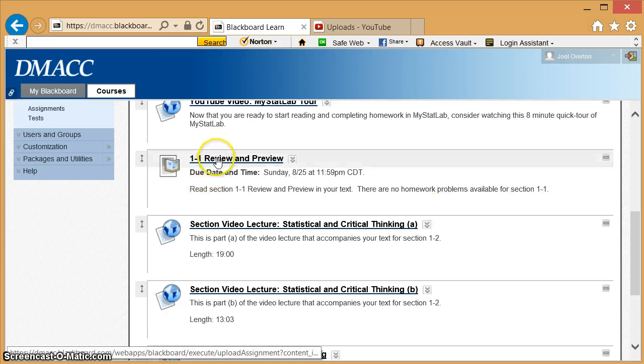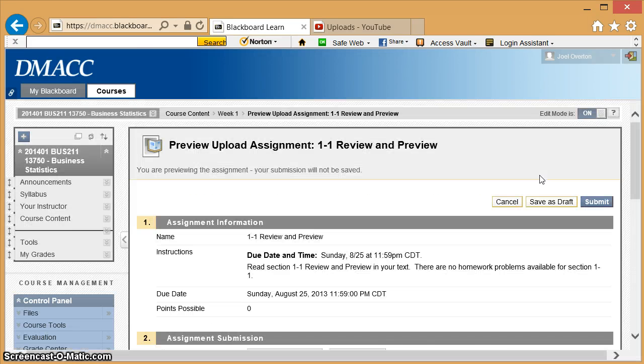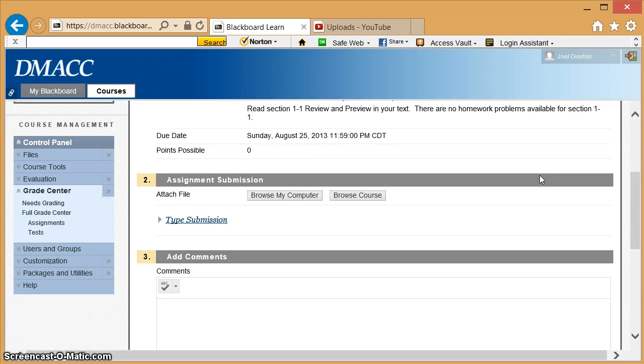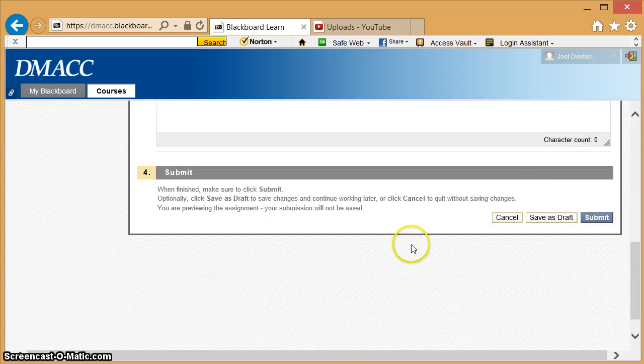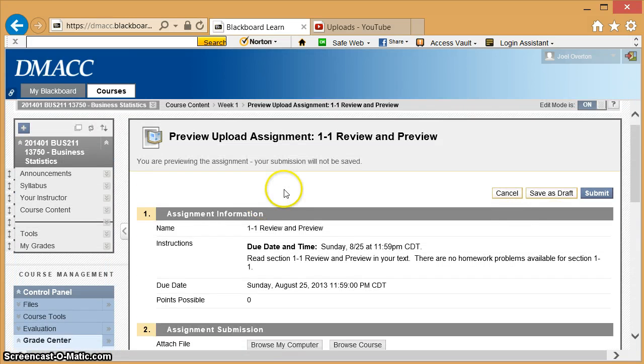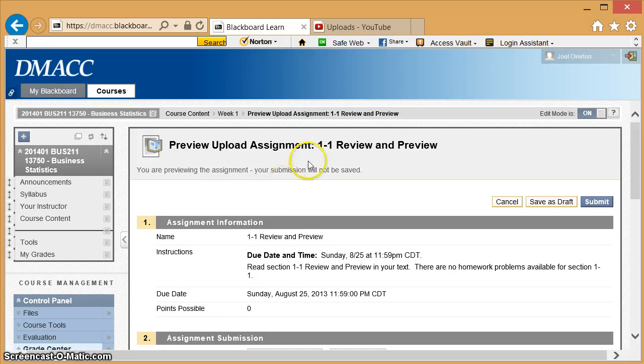You can click on this and open up the assignment, and really what you're going to see is the same stuff. The only thing that's different is at this point you can save and or submit and say I'm done, but really you don't need to submit these My Math Lab or My Stat Lab assignments because all the scores will be recorded in My Stat Lab, and then what I do is I input them into the gradebook. So there's no reason to submit any of these in Blackboard.